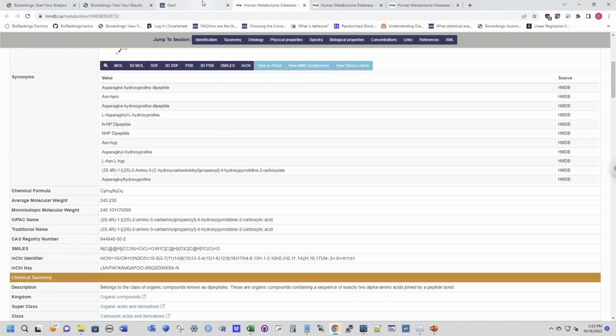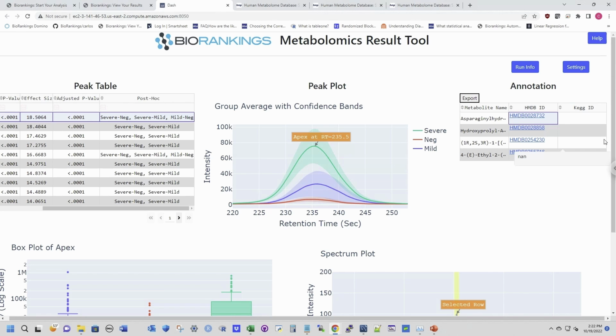Let's go back to our results. So with that, one additional column in your metadata file, you can now automatically adjust for the batch effect when using